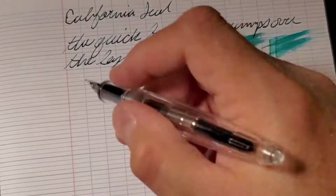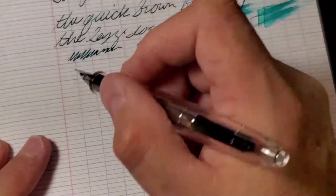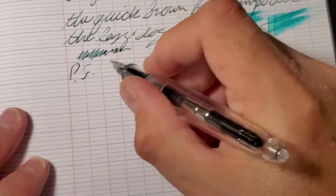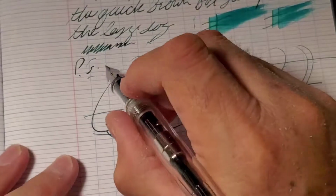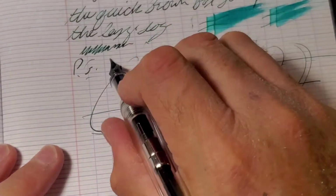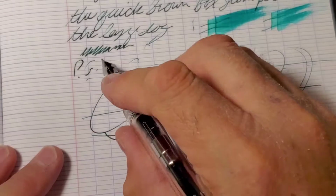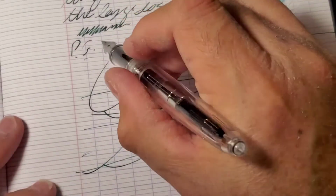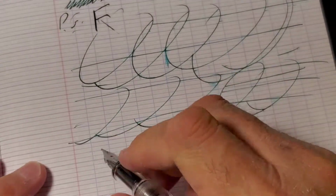Okay, this ought to be interesting. We're going to do the Pierre Gustafson test. Let's see, wetness and flow. Good. Smear test. Good. Not great. It's a very liquid ink. Pierre Gustafson test. Nope. Failed. Yeah, this pen is not great for doing the Pierre Gustafson test. But if you write slowly,